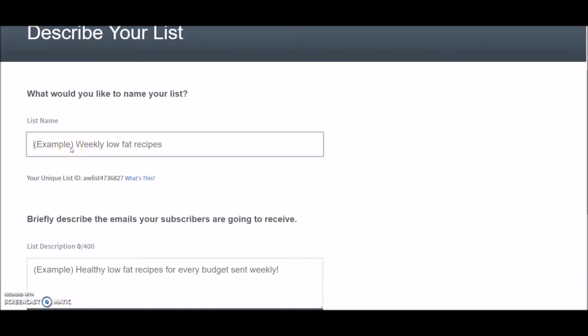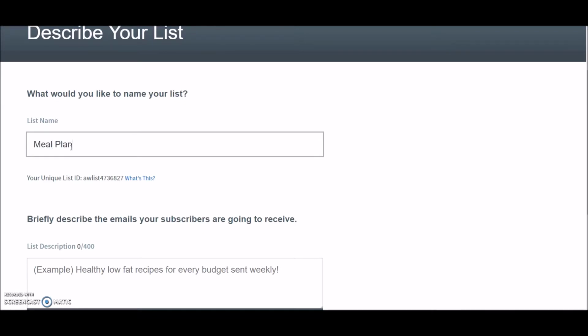Okay, so now is where we get to choose our list name. Your list name will generally relate to either the offer that you're linking it to, so your lead magnet, or you can just name it after the kind of overall topic that your lead magnet is about, and that way you can leave that list open to use for future similar related lead magnets that have the same topic. Again, that's up to you as to how you want to manage it, but for now I'm just going to name my list